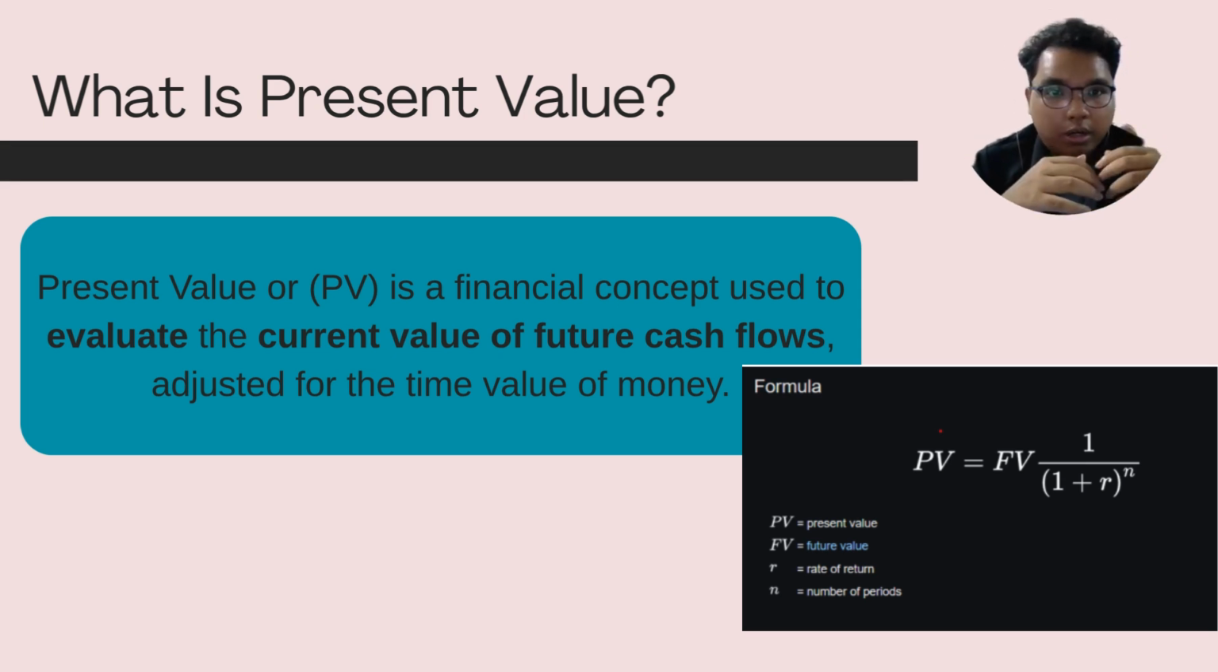Present value, or PV in short, is a financial concept used to evaluate the current value of future cash flows, adjusted for the time value of money. Simply put, money today is worth more than money in the future due to factors like inflation, opportunity costs, and risk. For example, that I can think of is if a hotel manager has the option to receive 100,000 ringgit